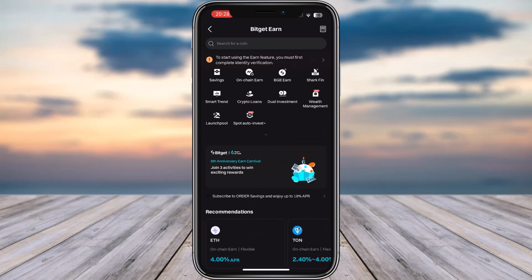Once you have tapped on this staking option, you're going to be able to find all of the crypto registered with you that you can stake. Once you have tapped on the staking on that particular crypto, you will be able to add the staking amount, the quantity limit, and you will be able to check out the profit mode on the right side